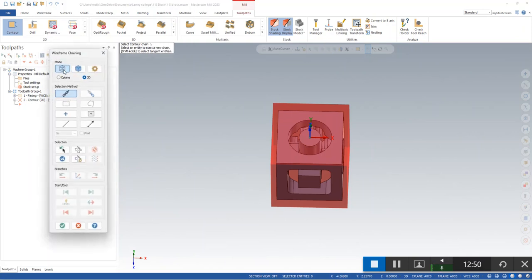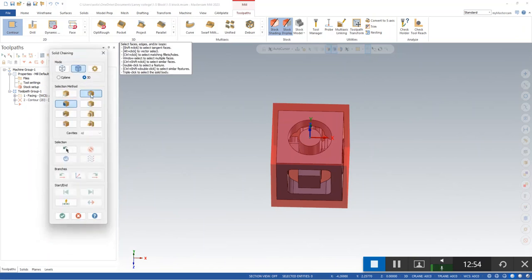So if you see this page, you're going to switch over here to solid selection and use loop. And remember, where you click will determine the direction. Right, so we want to climb mill, so we want to make sure that the arrow is pointing